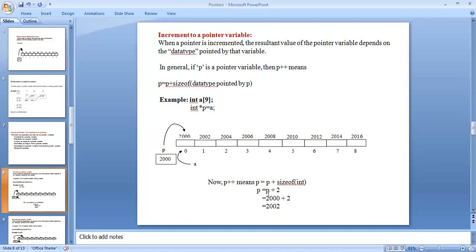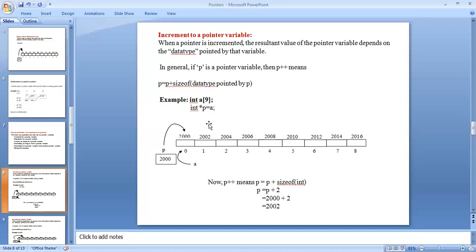The existing memory address is 2000, plus 2 for the integer data type, so after increment the value is 2002. After increment, a is stored at memory location 2002. That is the increment of the pointer variable.